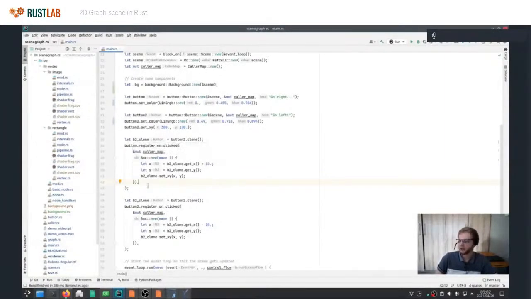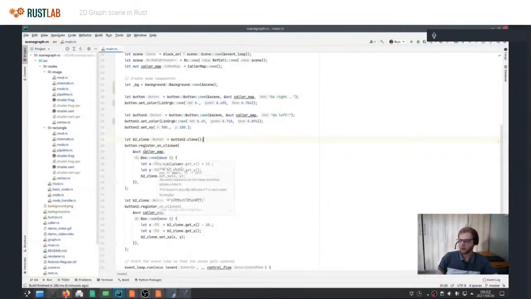But unfortunately, the Rust syntax for doing this kind of thing is a bit awkward. Like in C++, you can implicitly say that you want something to be cloned when you put it inside a lambda, whereas in Rust you can either say that everything should be by reference or everything should be moved.